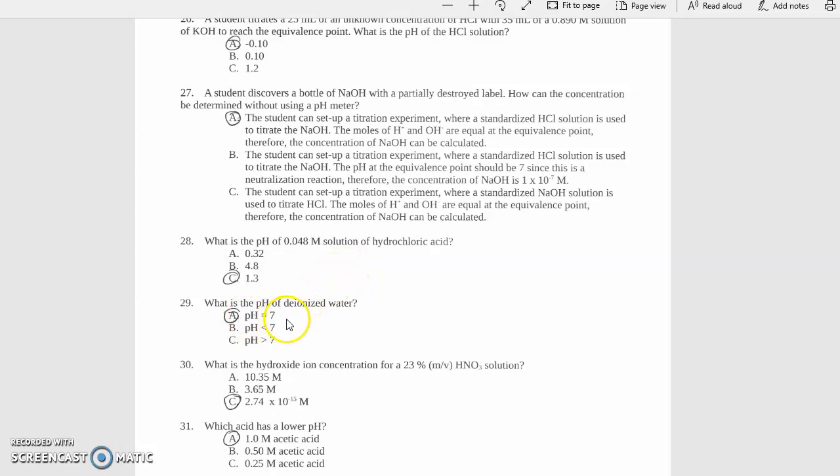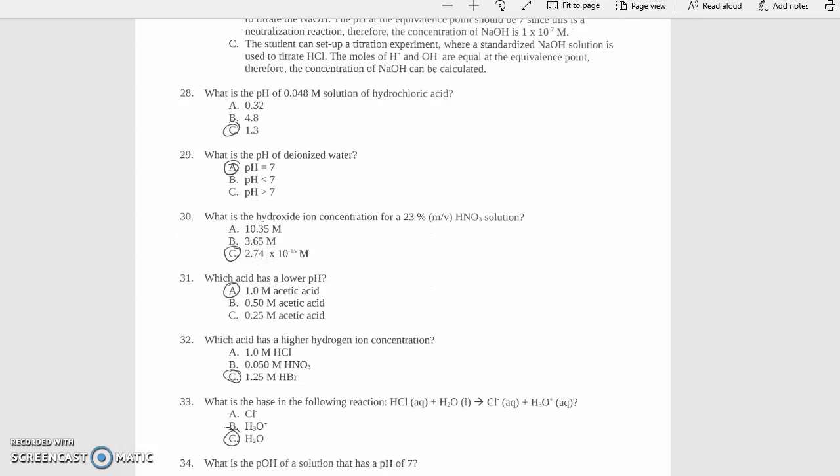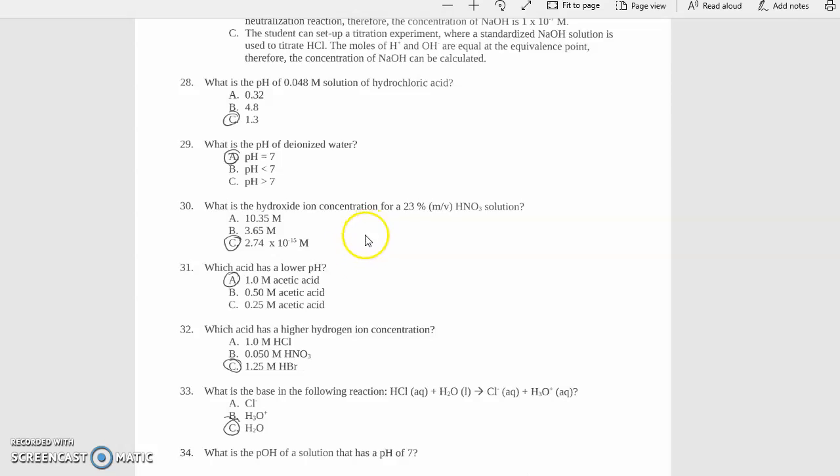Deionized water, pH is 7. Hydroxide, if 23% H is that right here, it's going to be 2.73 times 10 to the minus 15th molar. Okay, so this is going to be pretty close to POH of 14. This is almost all acid there. Acid, this one right here is the acetic acid. This is the highest molar concentration, therefore it has the lowest pH. The highest, here you have different ones. They are all highly dissociating ones, so it's going to be the ones with the highest number of moles. That's going to be